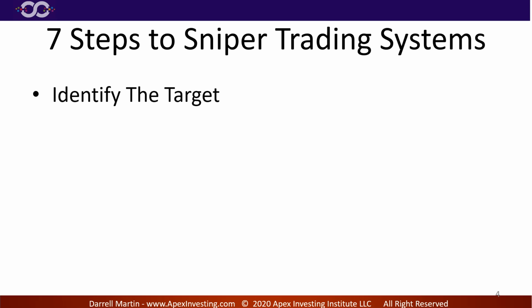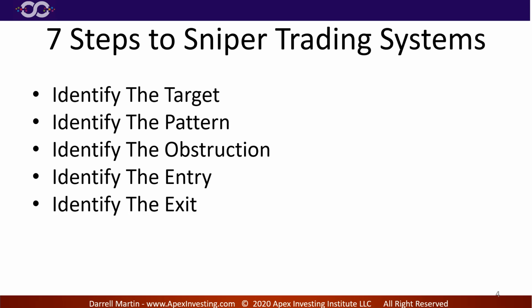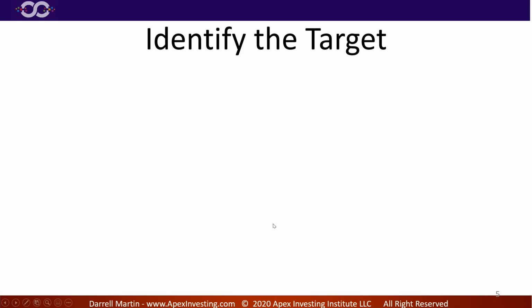What's the next step? We got identify the pattern. Then the next step is identify the obstruction. Identify the entry. Identify the exit. Identify the cover, and identify the opportunity. Do y'all recognize those from the other 5 setups I've taught you? I've got to make sure you're hearing me. All right, so now that I know they all got the 7 steps, let's go into identify the target